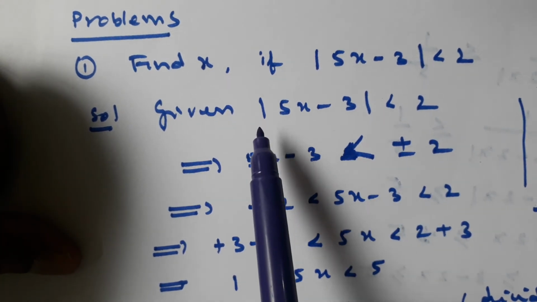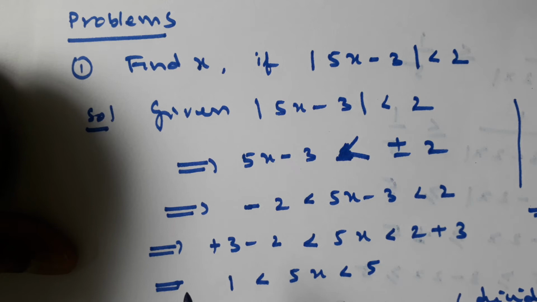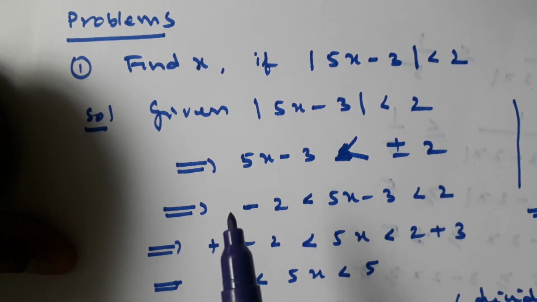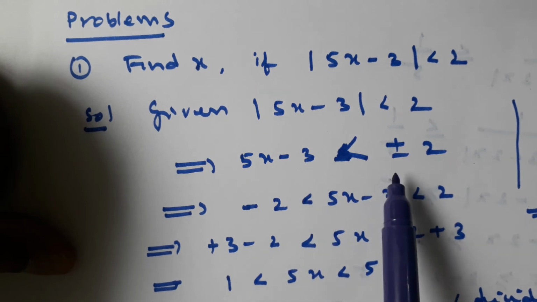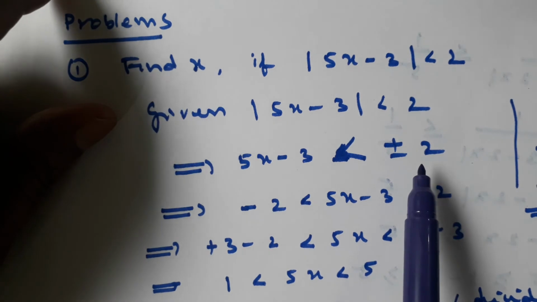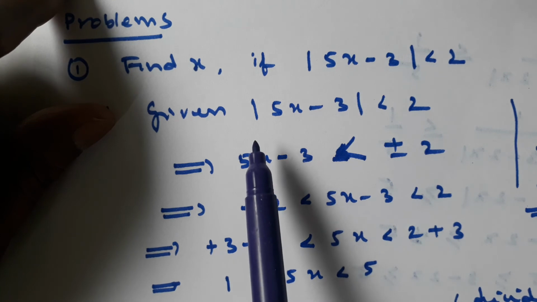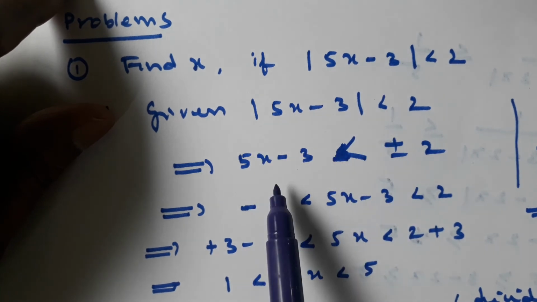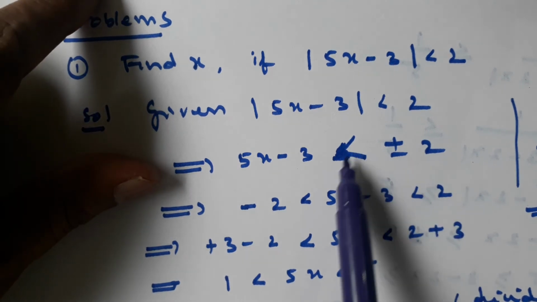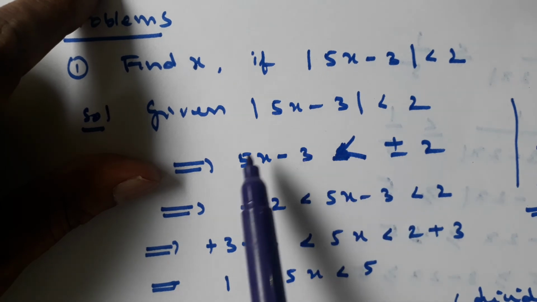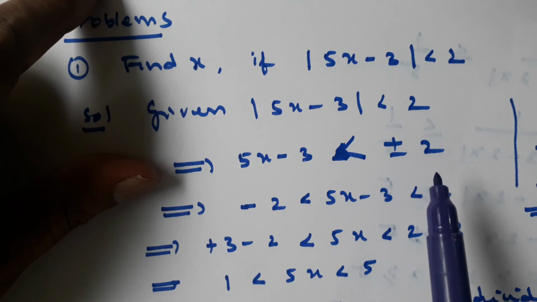So eliminating mod on one side, automatically the other side is to be plus or minus 2. If both sides are modulus, even though we can change the modulus or replace the modulus, those values are to be similar, only either plus or maybe the minuses. But here, as only one side is there, we can eliminate the mod on the left side, and the other side is to be plus or minus. Again, whenever less than is there, this left side value lies between the right side's minus and plus.